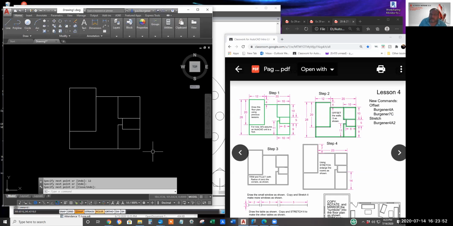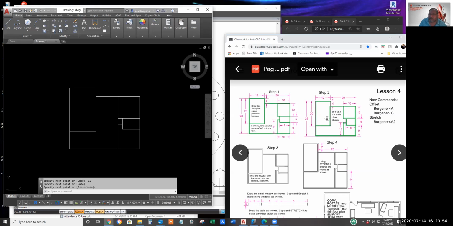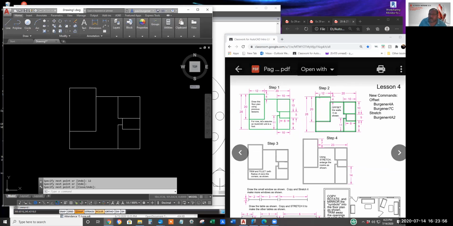Anyway, next step is we're going to replicate the lines we just drew, and replicate them into the small room. In other words, copy this line into the bedroom, this line into the bedroom, this line into the garage.